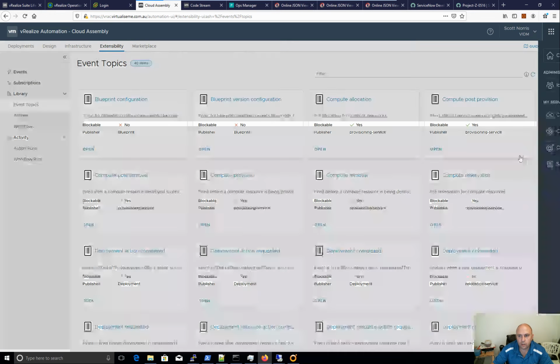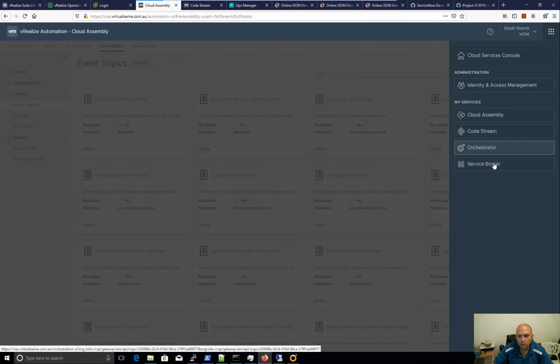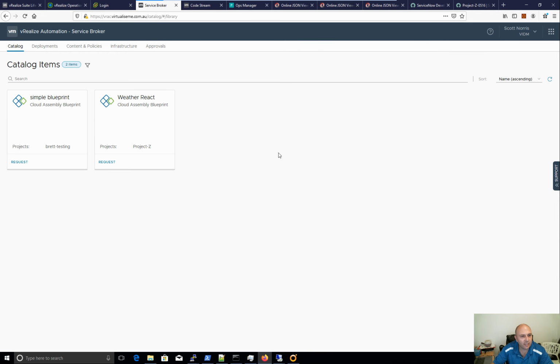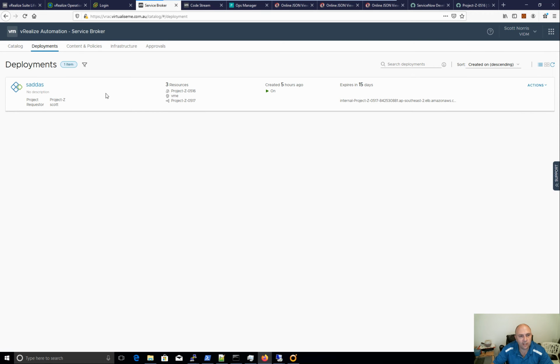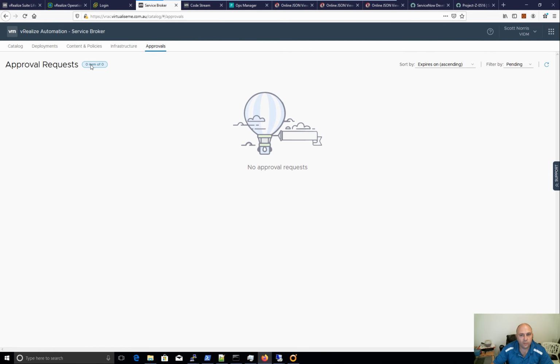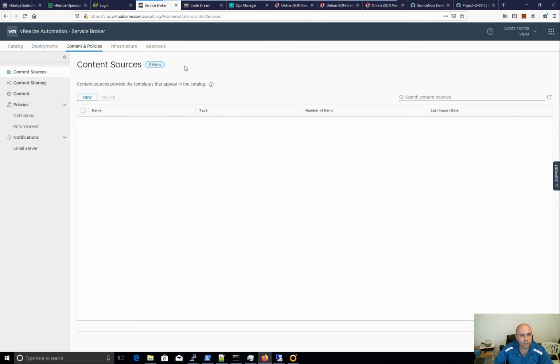So that will move us on to Service Broker. Now, Service Broker hasn't gotten too much love. You know, it is the catalog. Haven't really put much effort into the catalog here, but what you'd probably notice straight away is there are now approvals, which is cool. Obviously got none there, but if we have a look at content